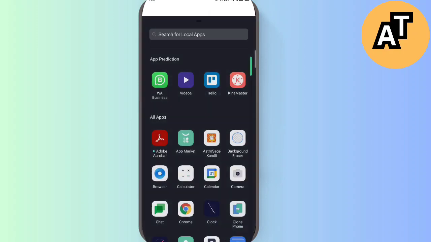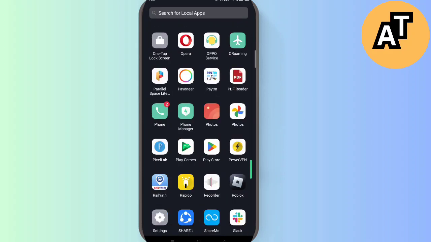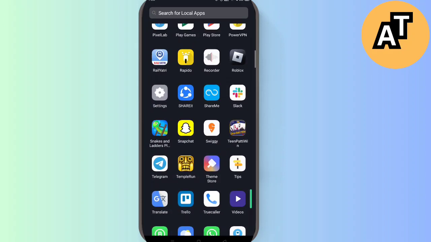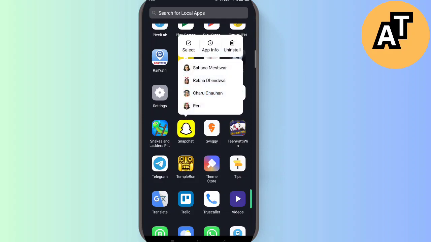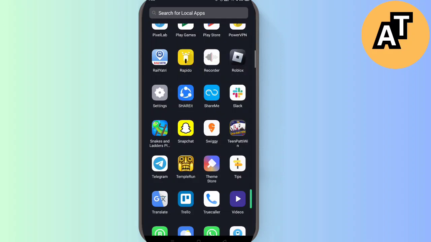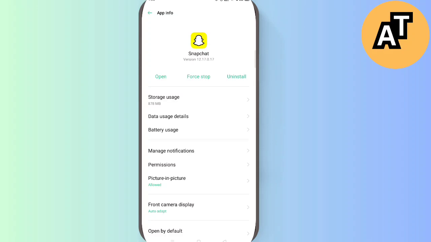What we have to do, just find Snapchat in your applications on your Android or iPhone mobile phone. If you have an iPhone, then you can do the same thing. You just have to tap the Snapchat icon for like 3 or 4 seconds and go to the application information in the middle. You can see this is my app information, and my personal app information on Snapchat, that